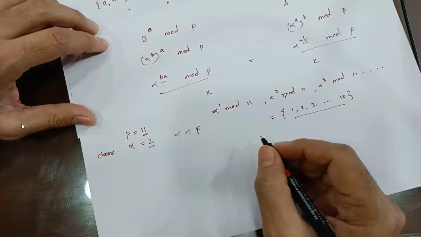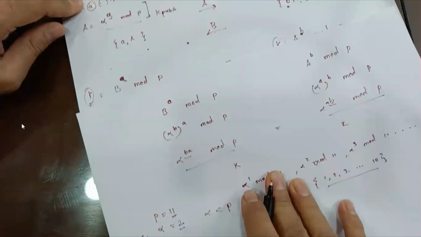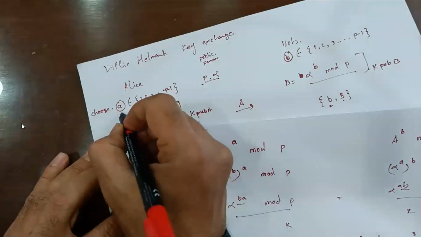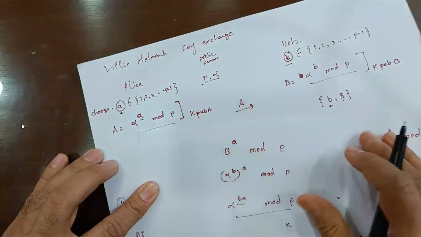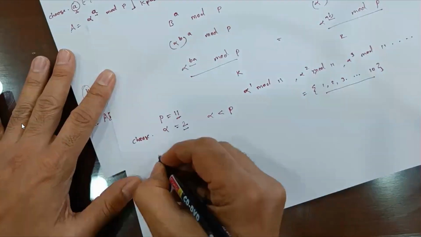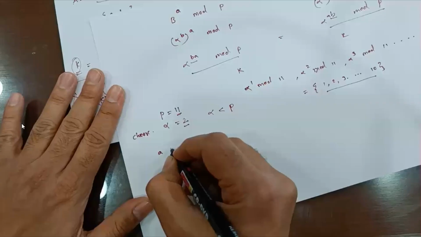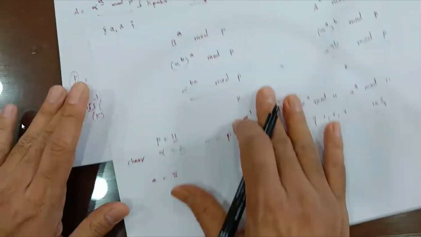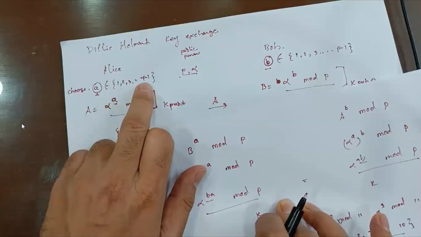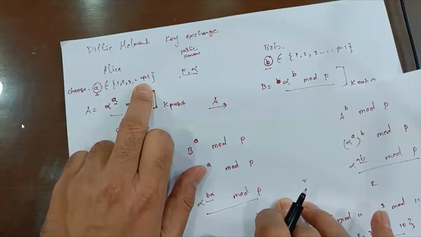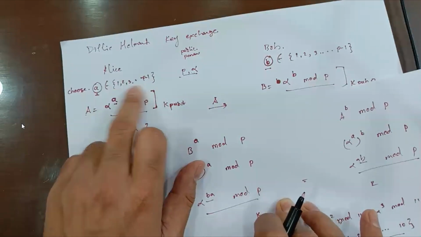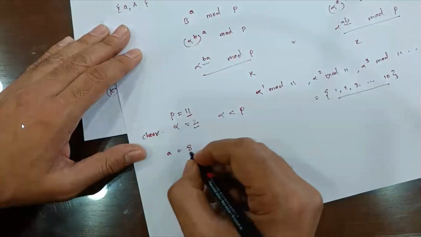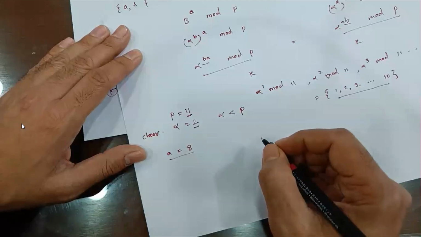Now the next thing is you have to choose the private keys of Alice and Bob. So let us choose a small a, for Alice, as 8. Any number that you can choose from 1, 2, 3 till p minus 1, and p is 11. So we have the set 1 to 10. Out of this 1 to 10, any number that you can choose is the private key of Alice. Similarly,